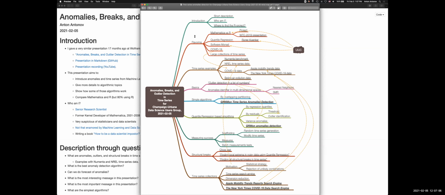I'm going to be using Quantile Regression. That's not required for anomaly detection, but the modern version of Quantile Regression, theoretically and computationally, was developed by Roger Koenker, a professor at the University of Illinois Urbana-Champaign. He was a professor in both physics and statistics, and he's a professor in England right now. I'm also going to be using software monads. If that name scares you, you have probably used them in one way or another when you do pipelines in R.